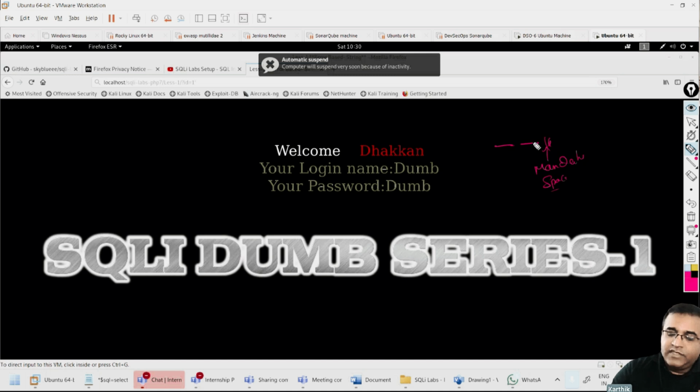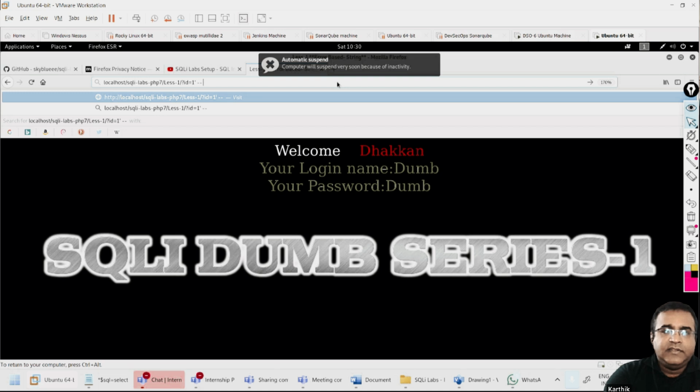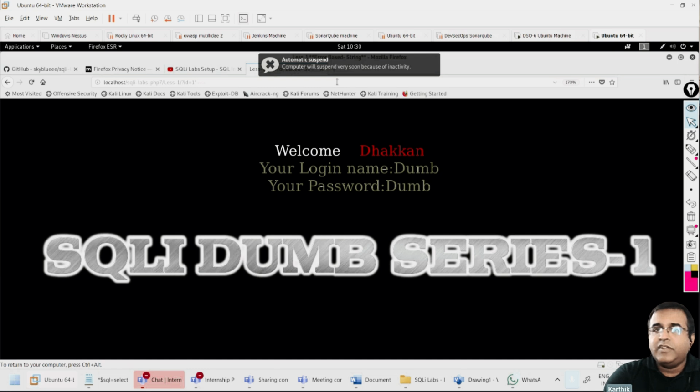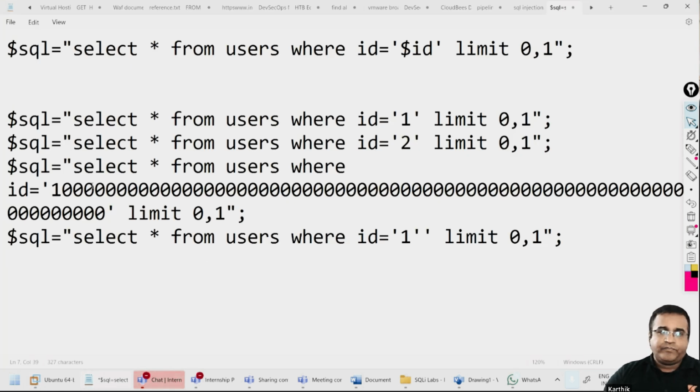But unfortunately, your browser will remove the space out of that. To make sure that the space is there, I'm going to give dash dash, then a space followed by a dash. So now I'm going to do dash dash, space dash, and press enter. See, now this is not causing an error. Why is that? The reason behind it is that when this particular code is running,